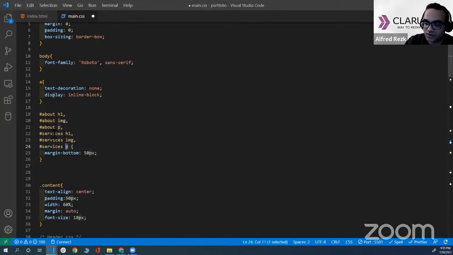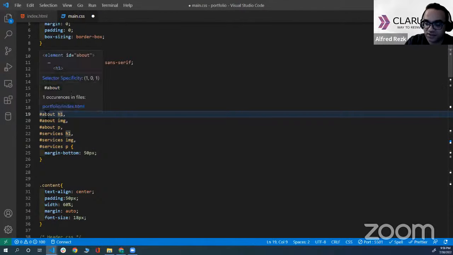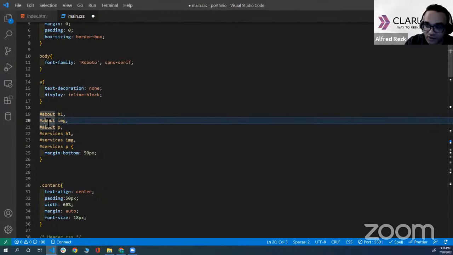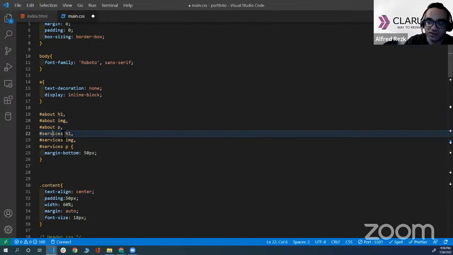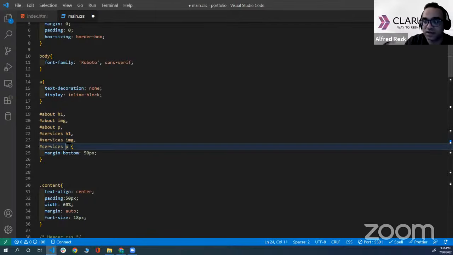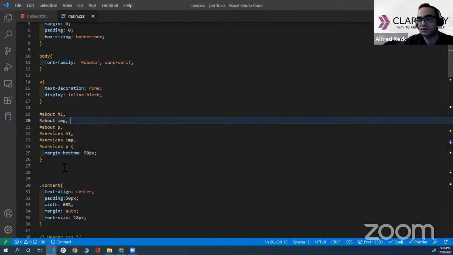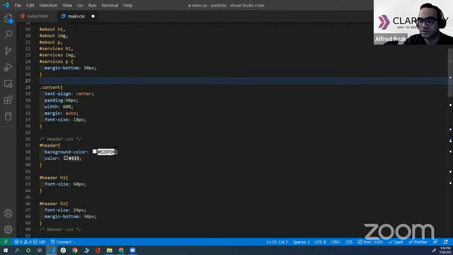That means all these elements, the H1 inside the about section, the image inside the about section, the paragraph inside the about section, the H1 inside the services, the image inside the services, and the paragraph inside the services, since they are all separated with a comma, all of them take margin bottom 50. Okay, so that CSS class will affect all these elements. And now we save a couple of lines